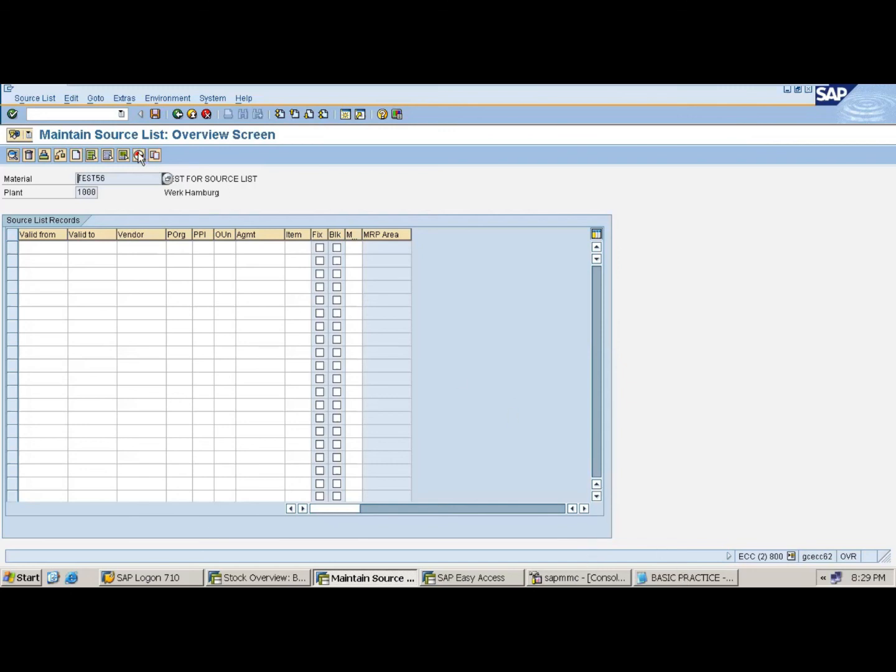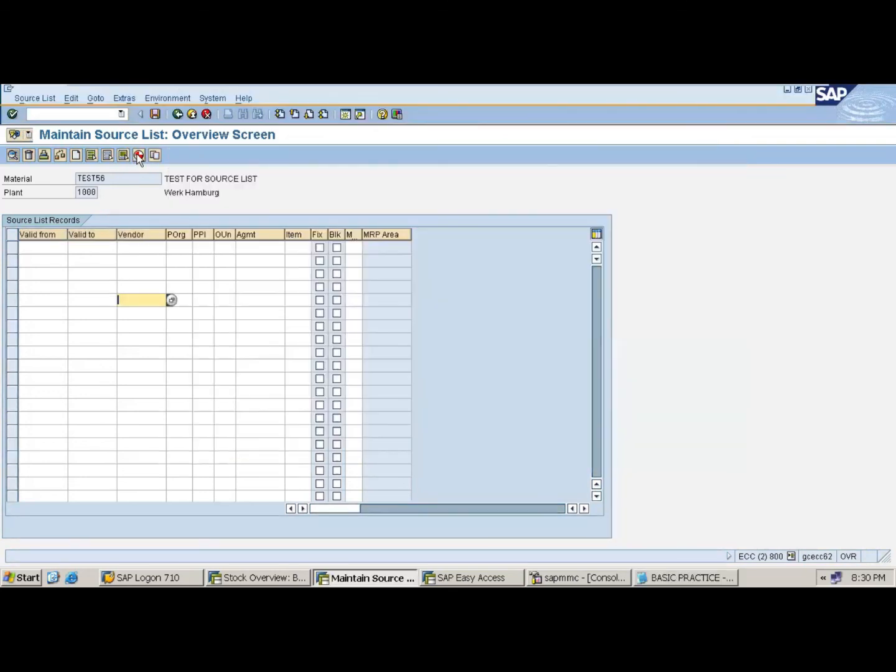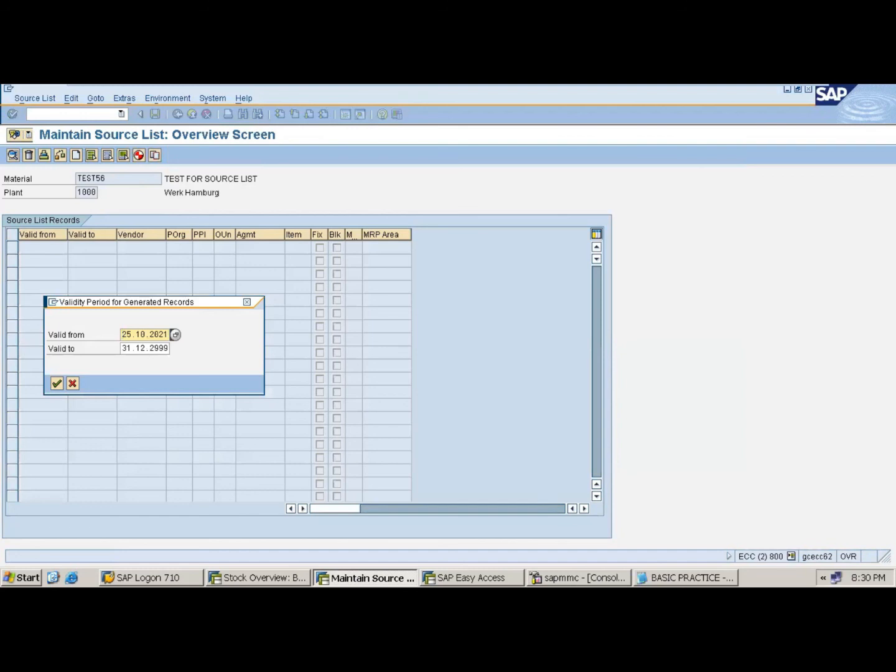If you click on this icon, generate records, from where does it fetch? From the PIR. We maintain the combination of material and vendor there. Click on execute. It is asking only for valid from and valid to, because this validity we did not maintain in the purchase info record.